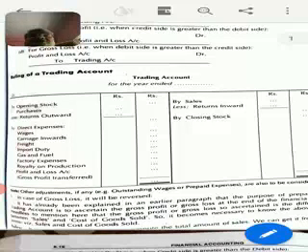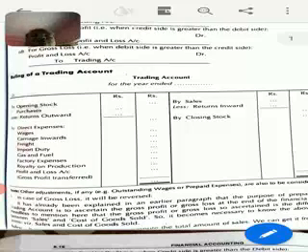Prepaid expense means the expense that is paid in advance. The normal adjustment is that it has to be deducted if it relates to the end of the accounting year. Similarly, if it relates to the beginning of the accounting year, it has to be added. Similarly comes income received in advance. Income received in advance needs to be deducted if it relates to the end of the accounting year, and if it relates to the beginning of the accounting year, it needs to be added.